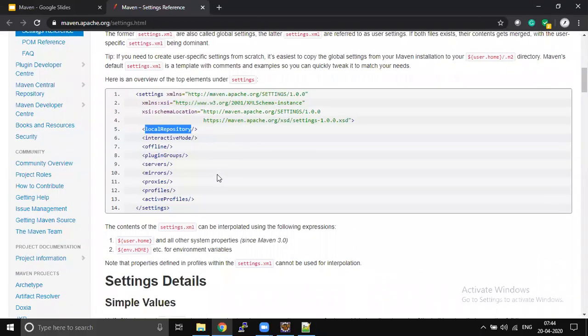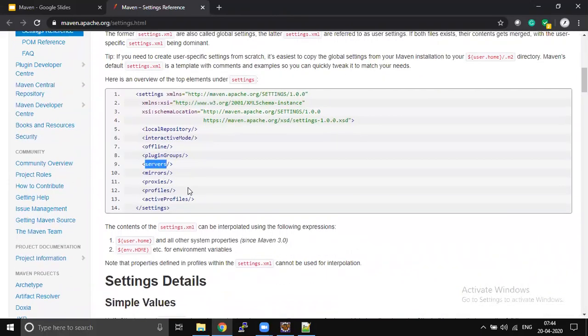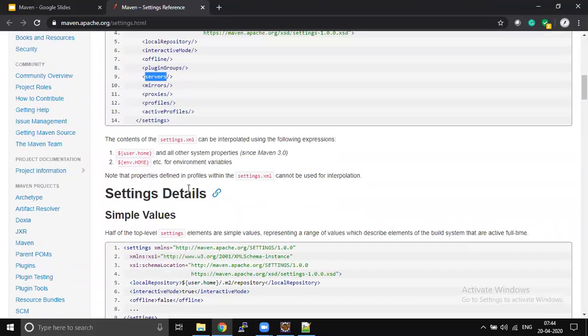And here is the place where we usually configure our remote repository information. If you do the configuration under the server section, then that will work for all the applications running on your machine.